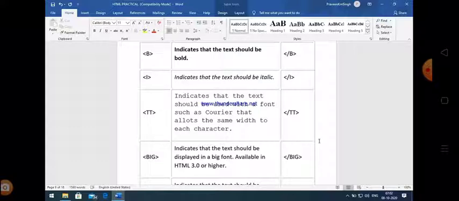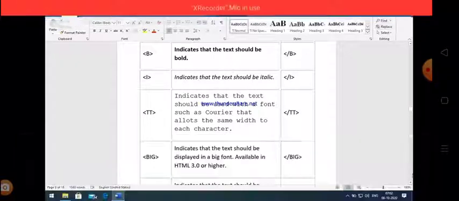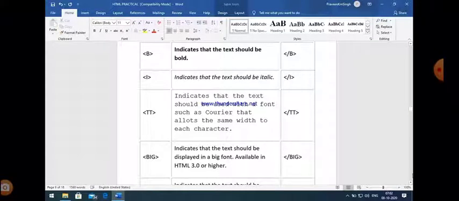In HTML basically tags are divided into two basic categories, physical tags and logical tags. Basically, all formatting tags are divided into two basic categories, physical and logical. So when we say physical tags, it simply means that they are browser independent and they basically impact the web page as they are. For example, B represents bold, I represents italic, TT represents typewriter, BIG represents big.